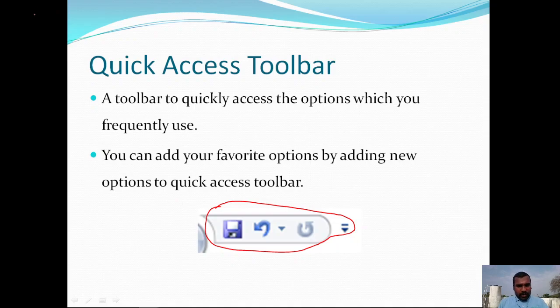A toolbar to quickly access the options which you frequently use is called the quick access toolbar. You can add your favorite options to it, so you can customize the quick access toolbar. You can add any command whatever you want. This can be customized with the help of this down arrow, drop down button.